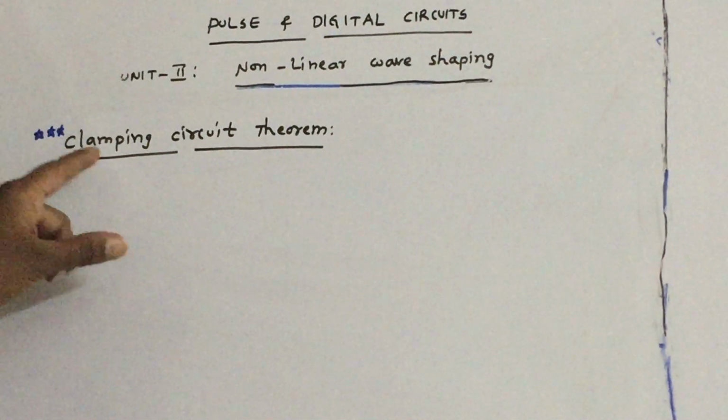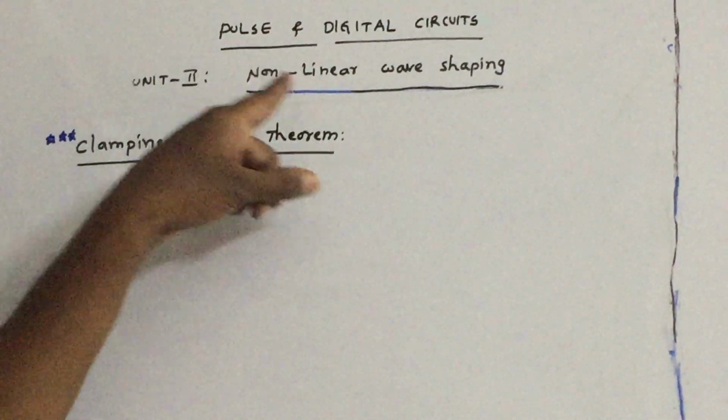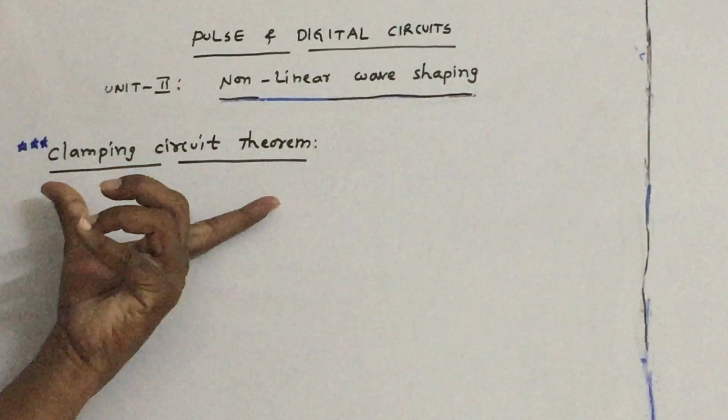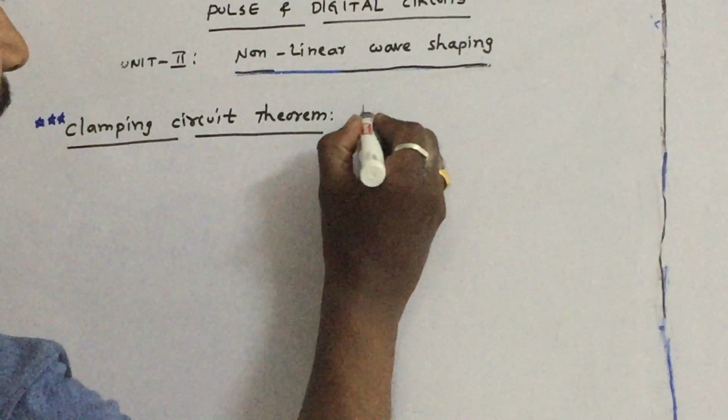So let us consider another very important article of Unit 2, non-linear wave shaping: the clamping circuit theorem. So let us see what this clamping circuit theorem is. First, let us consider